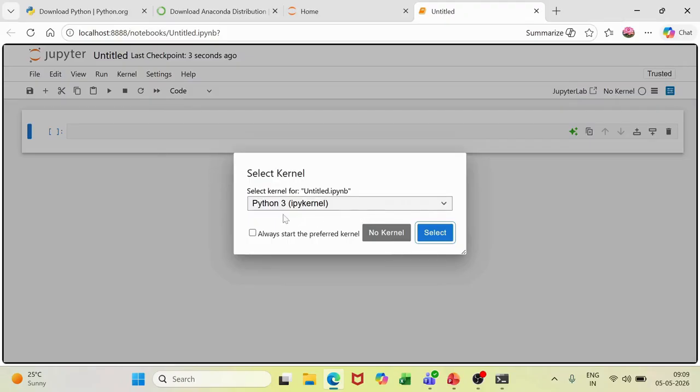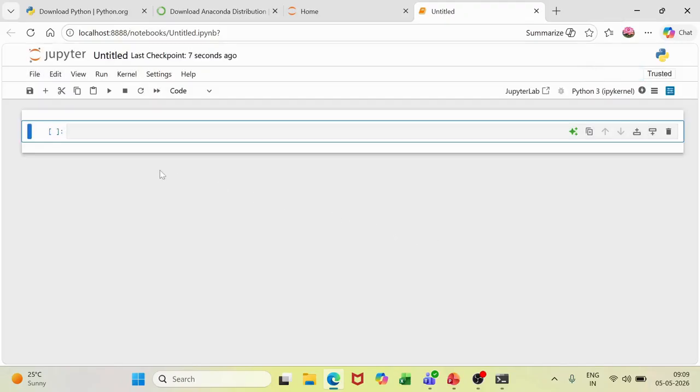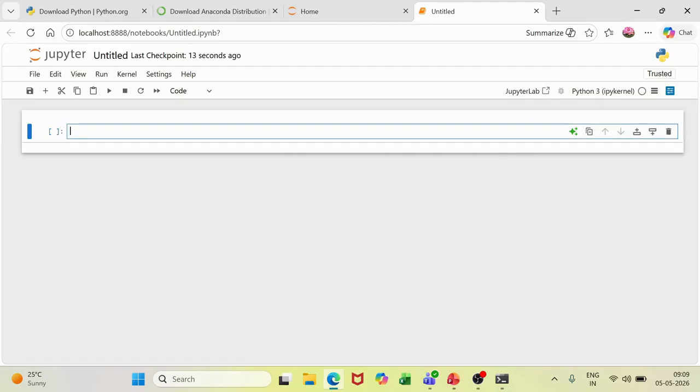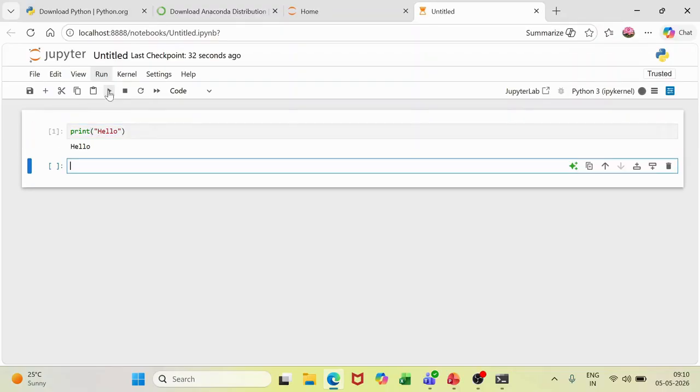So here just select the same Python 3, select here, and these are the command boxes which you will be getting. And here you can start writing your programs. Now, when you write the programs, you can just use these boxes and you can do the run command. Say, for example, we are writing print here and say hello. So the color automatically changes. And when you say run, it shows you the output here only. So box by box, the programs you can write down.